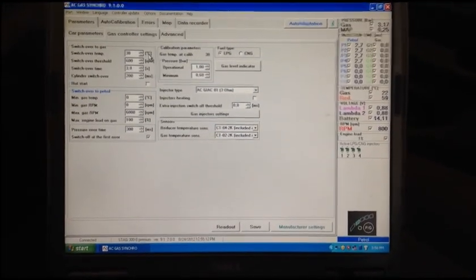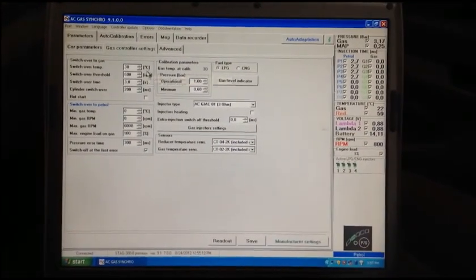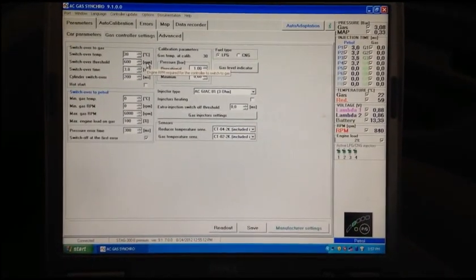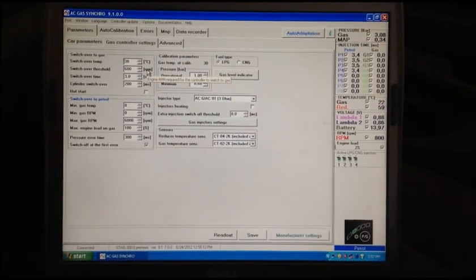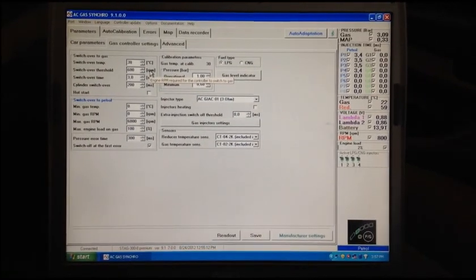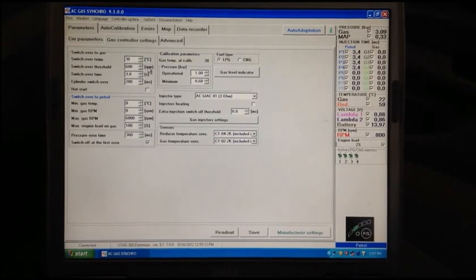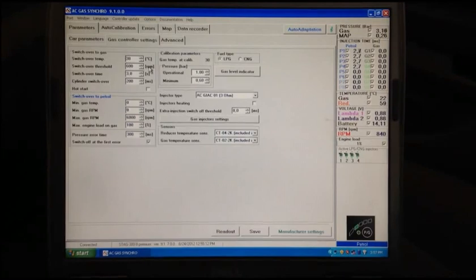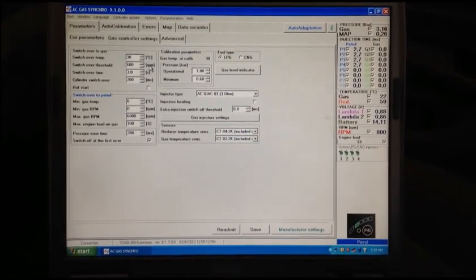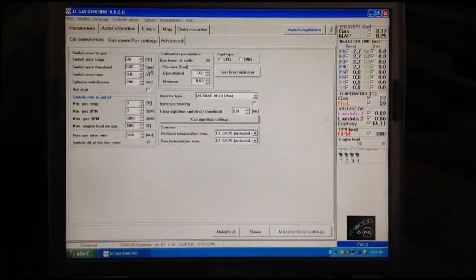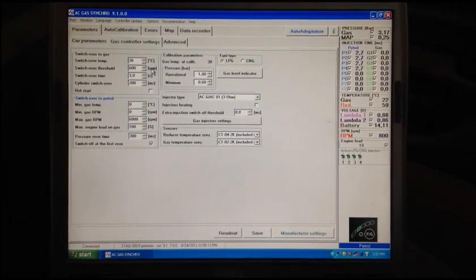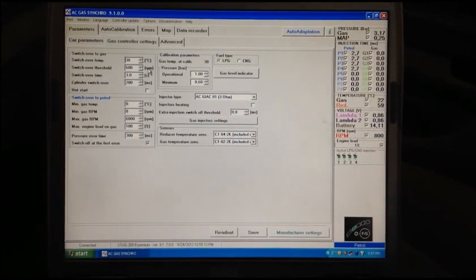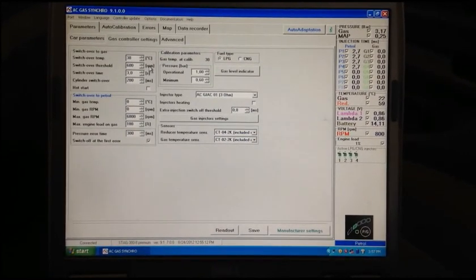The switchover threshold right below it is the minimum RPM that will have to be reached for the system to engage. I like to get a system tuned well enough that I can keep this to kick in at an idle. If you have one of those installations that no matter what you've done, you got your nozzles in the right location, you got your short, even hose lengths, you've done everything right, but it's just not very smooth whenever it kicks in at an idle, you can raise that up to 1500 RPM or so,